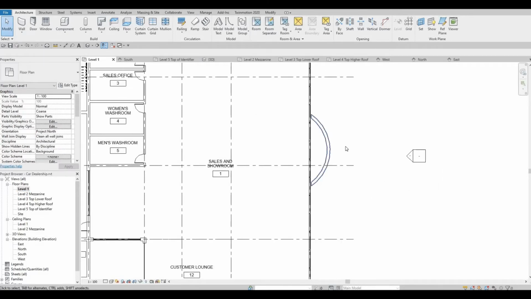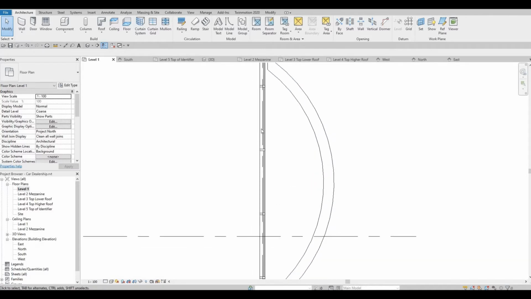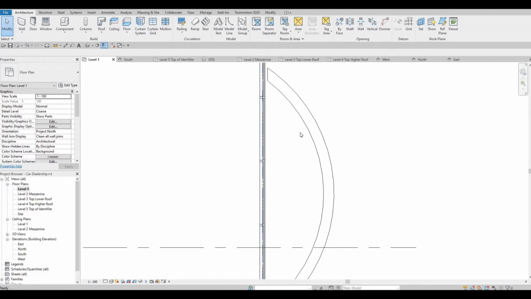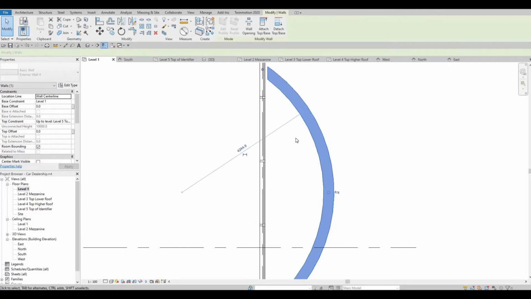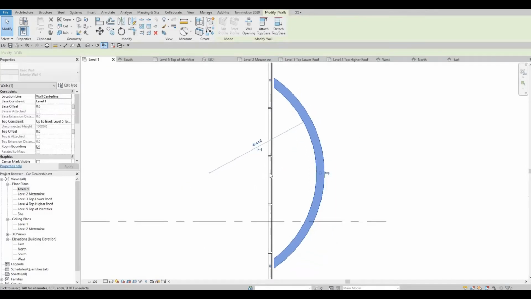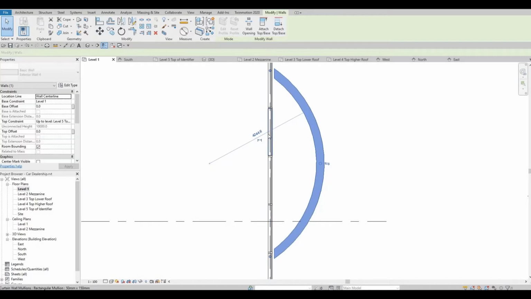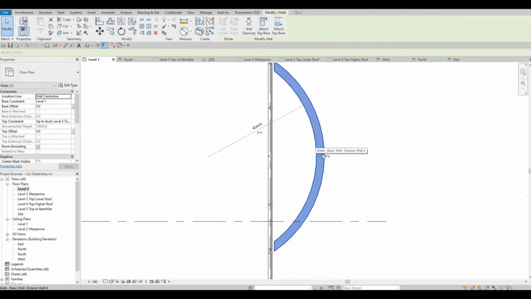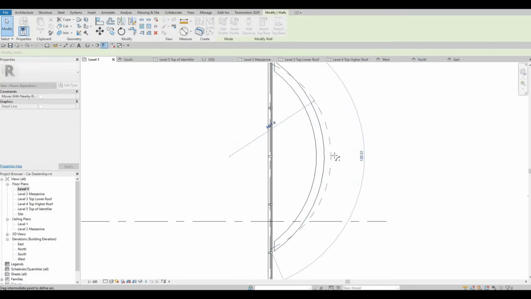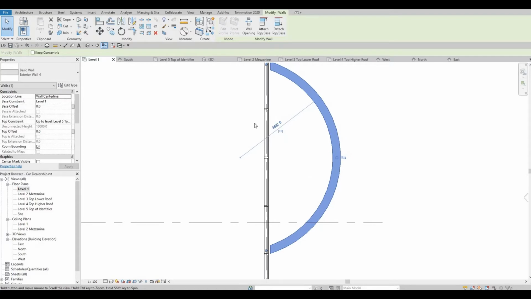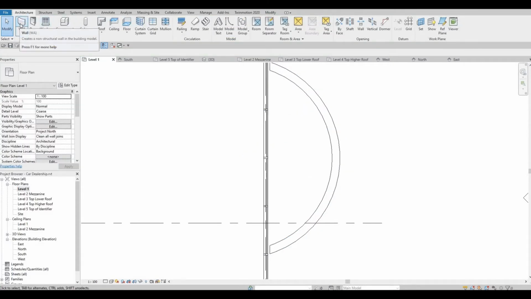So let's go back to level 1, and then we're gonna change this. We're gonna move this a little bit in the middle of these two panels. So I'm just gonna make it a little bit bigger, something like that. And then you need to go to wall again,